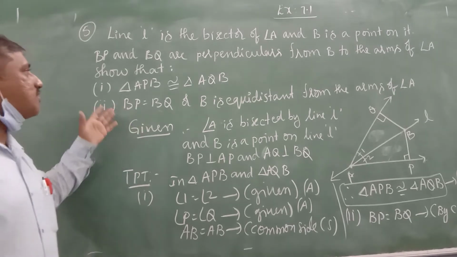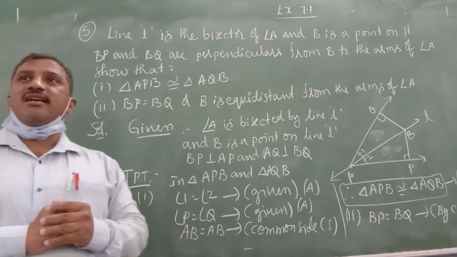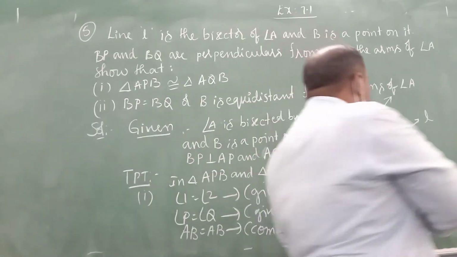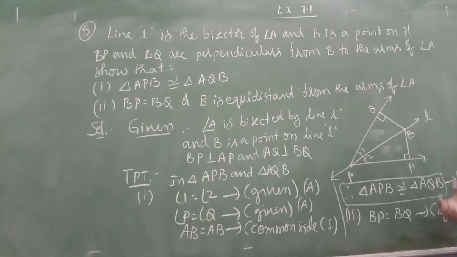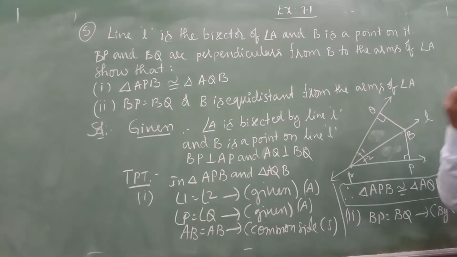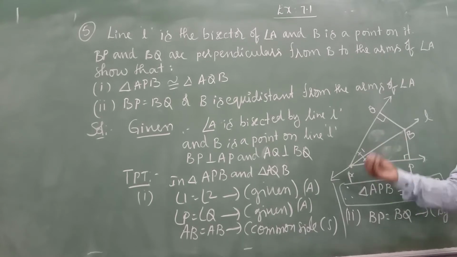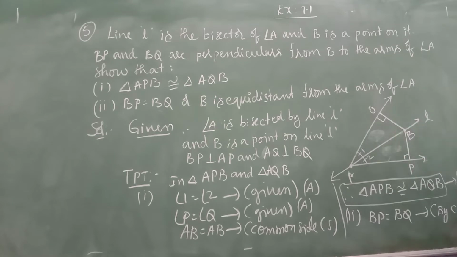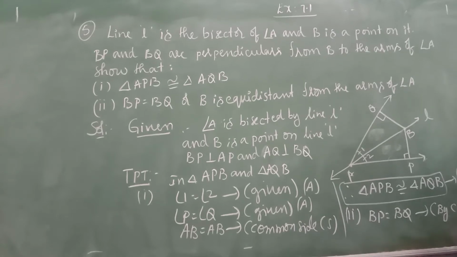We will show these two triangles are congruent triangles. What you have to do is identify from the question which corresponding parts are equal, and what more we require to prove that these two triangles are congruent. We can find from the figure that AB is the common side, and by using the AAS congruency criteria you can prove that these two triangles are congruent. Is it clear? Yes, sir.